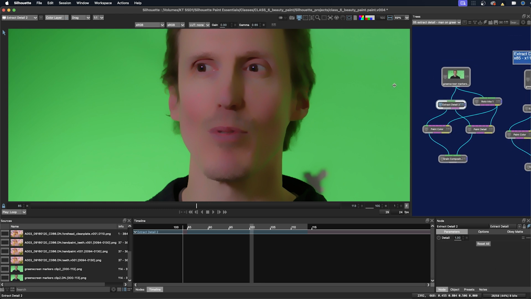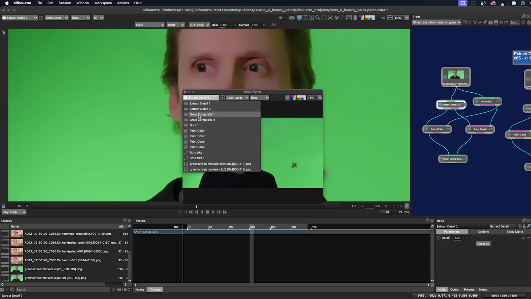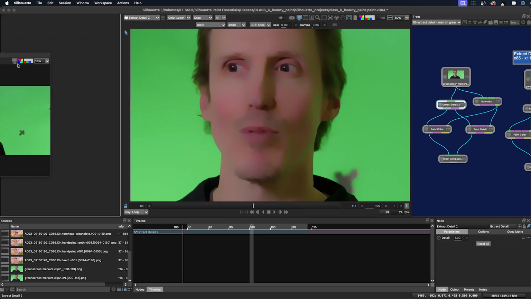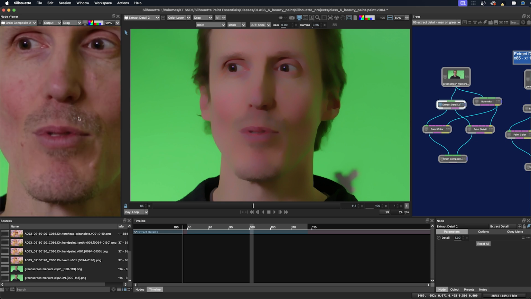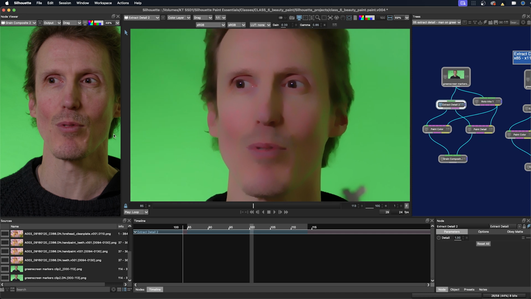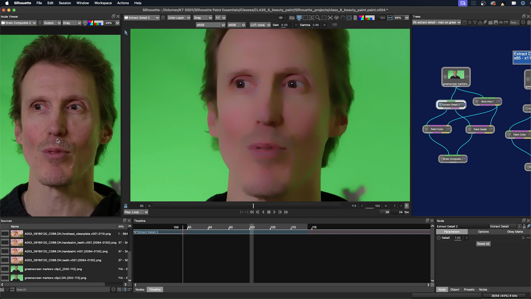First, I'm going to pull up an additional viewer. I'm going to press this plus button here. I'm going to select the grain composite node, probably the grain composite 2. And I'm going to just nestle this in here, and I'm going to zoom in. My viewer's preference is set to not be synchronized, and that's a little bit more helpful in this situation. I just want to remain focused right here.